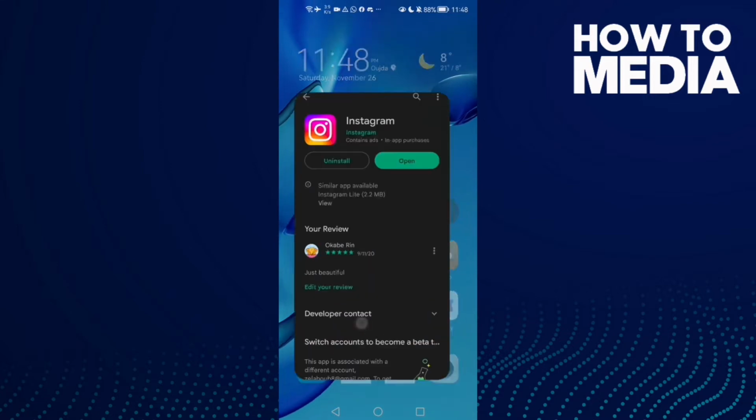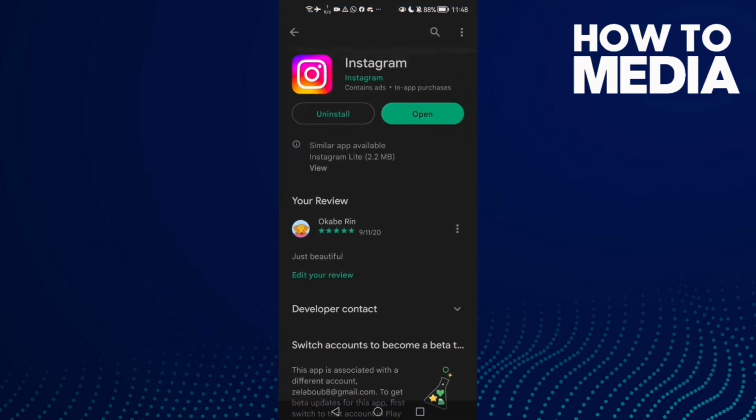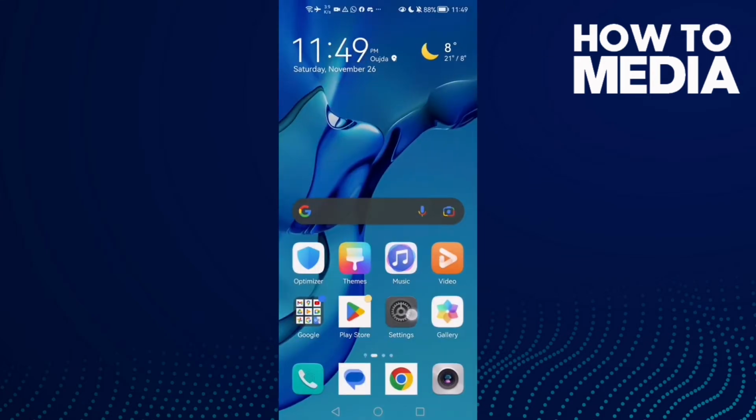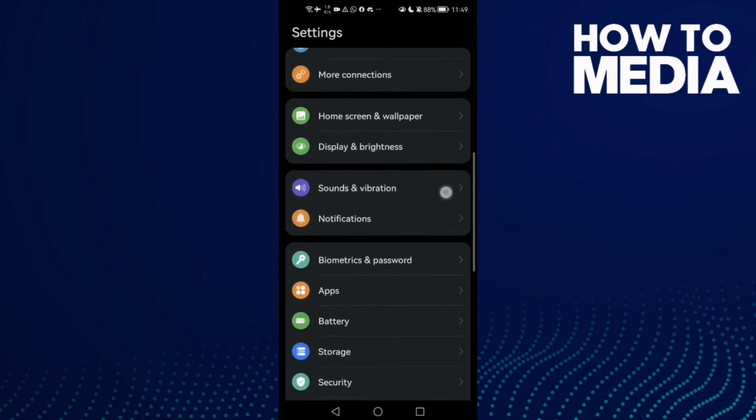First, open Play Store or App Store and make sure your Instagram is updated, and then just click update if you found here update. And if that doesn't fix your problem, go back, go to settings, scroll down until you